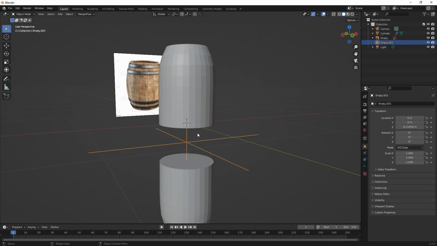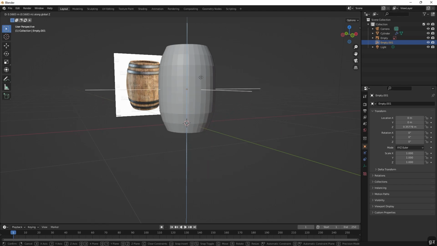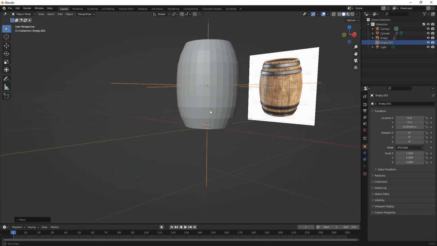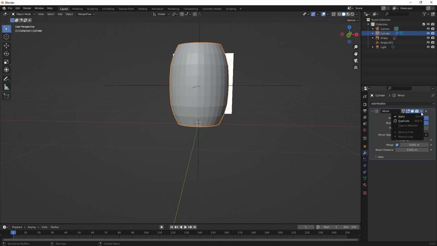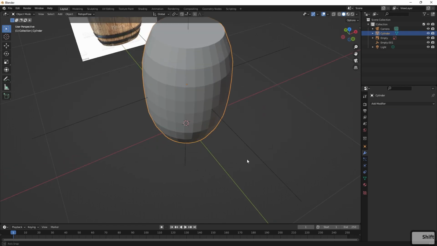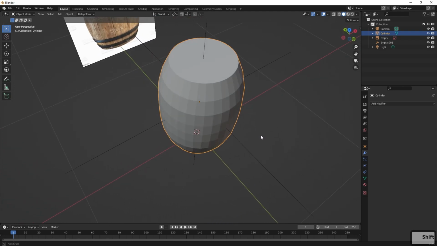So now by using the bisect option, if I were to move this up, you're going to see that we no longer get that sort of effect, and we can very easily create the shape of the barrel right there. Now, if you're happy with the mirror and it's working nicely, then the only thing you need to do is hit on this little arrow and hit apply. And that, as you can imagine, will apply the transformation that we did, and it will generate this very, very